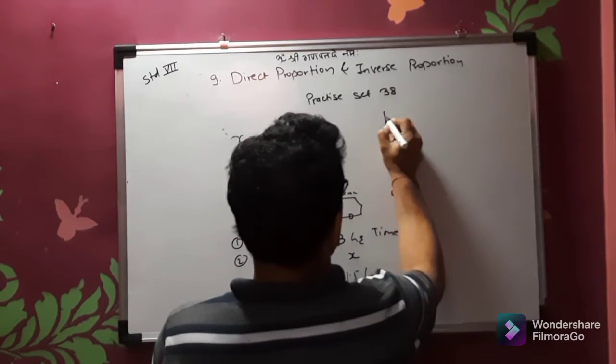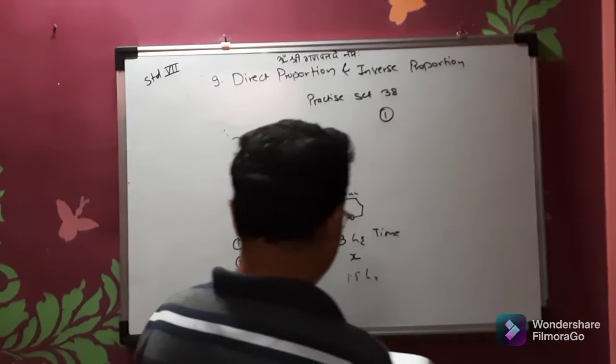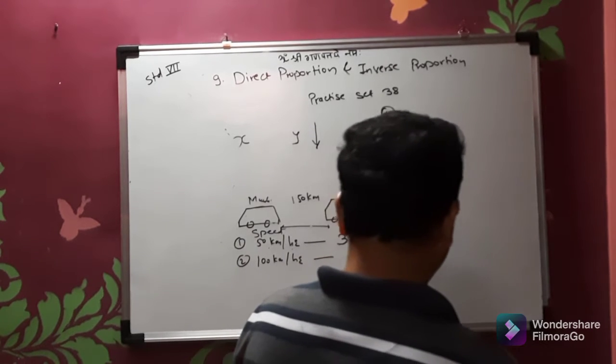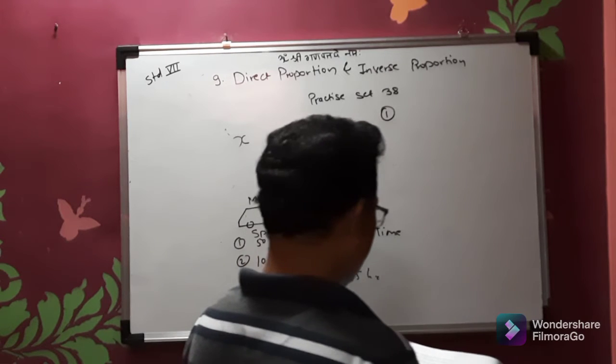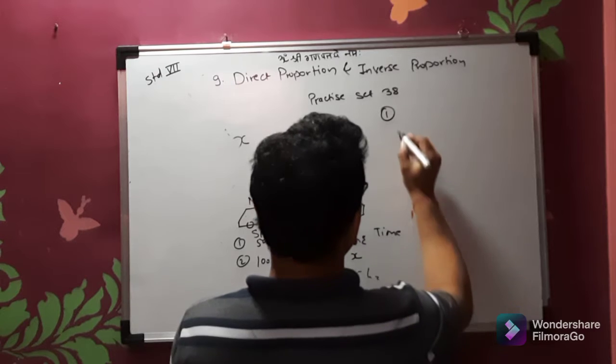So first problem. What is the first problem? 5 workers take 12 days. Problem number 1 is 5 workers take 12 days to weed a field. How many days will 6 workers take and how many will 15 take? So what we will do? We will draw